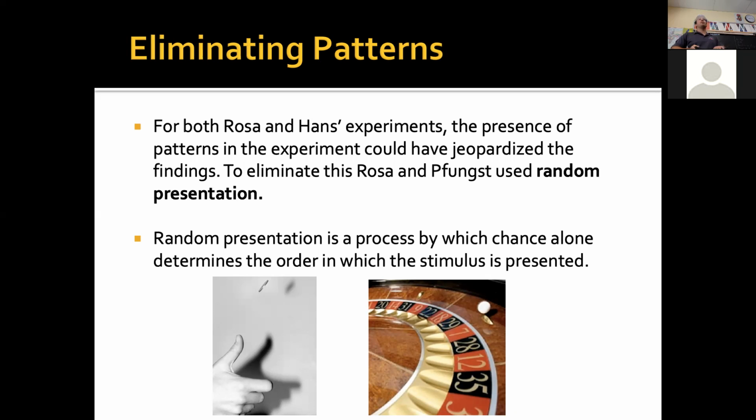Is there a method for which hand she hovers over? How does she know what hand she's going to hover over? Haley? Yeah, the coin. She flips the coin. Heads, she hovers over the left. Tails, she hovers over the right. So she flips the coin every time before she hovers over a hand, and that's how she randomizes which hand she's hovering over.